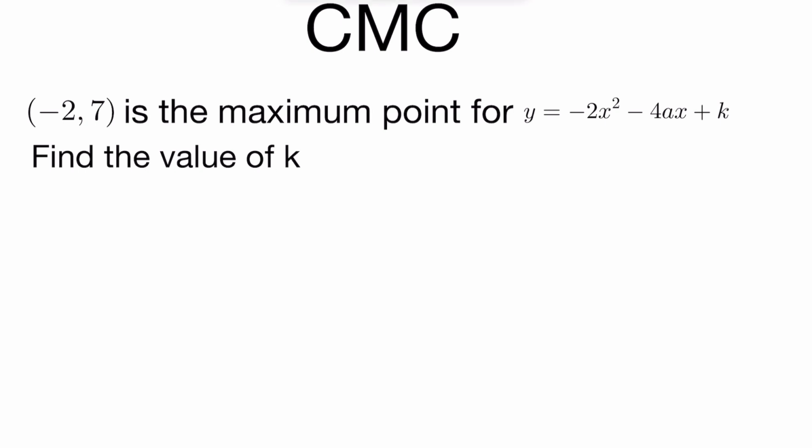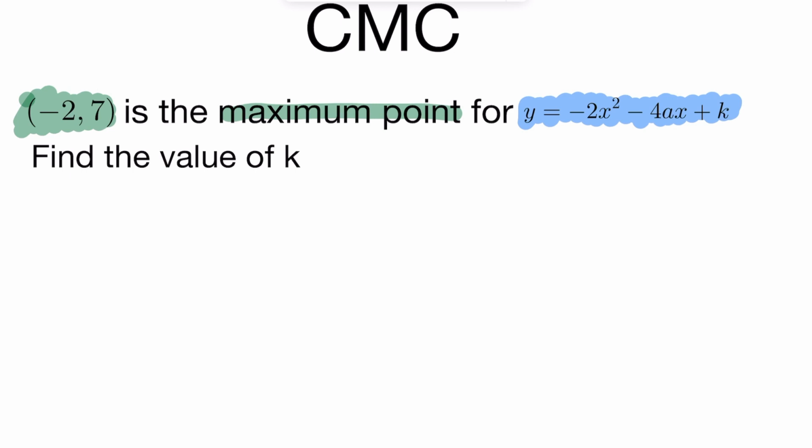So for this first question, you're given a point. In this case, the point is (-2, 7). You're told that this is the maximum point of the quadratic. You can see your quadratic opens downwards, so they're essentially telling you the vertex of the quadratic. I've got the vertex given to me, and what they want you to do is, from that and that only, find the value